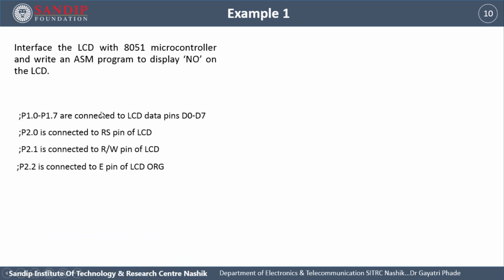Let us describe the hardware first, how we have interfaced the LCD. P1.0 to P1.7 are connected to the LCD for giving the data. That is the D0 to D7 of the LCD, and P1.0 to P1.7 of the microcontroller. P2.0 are connected